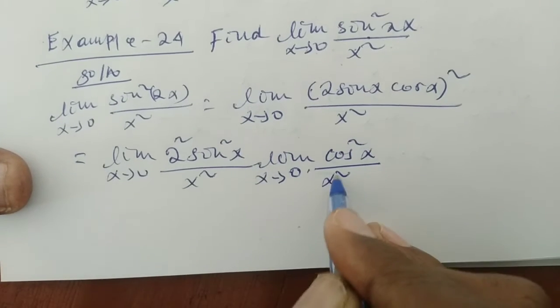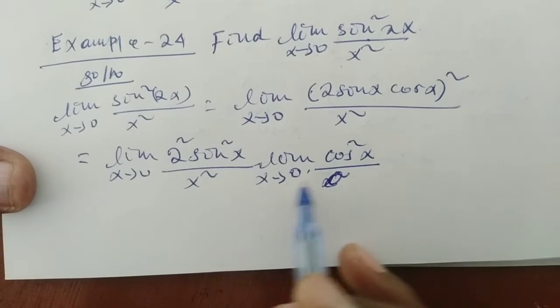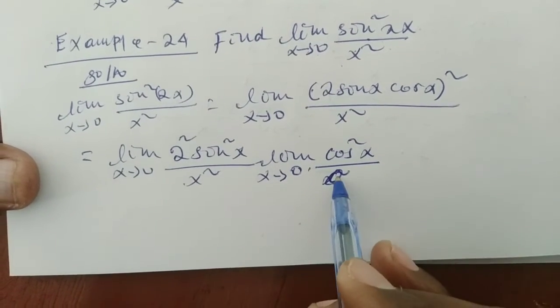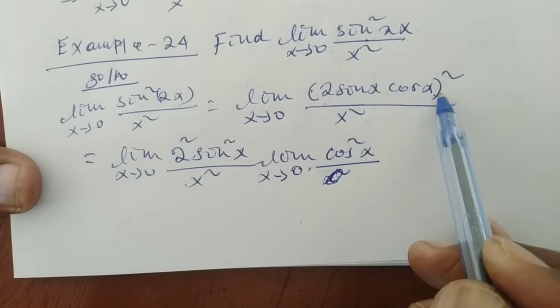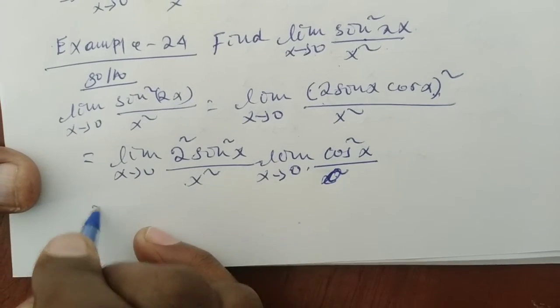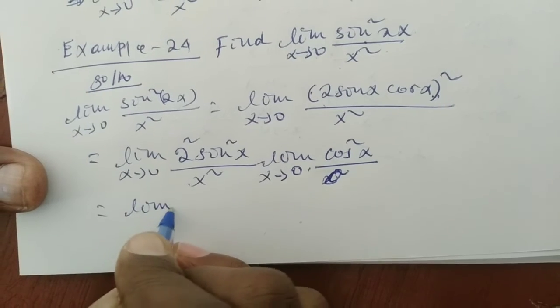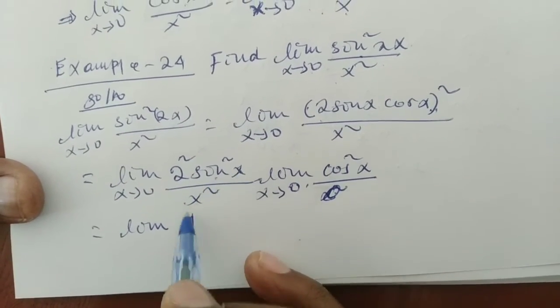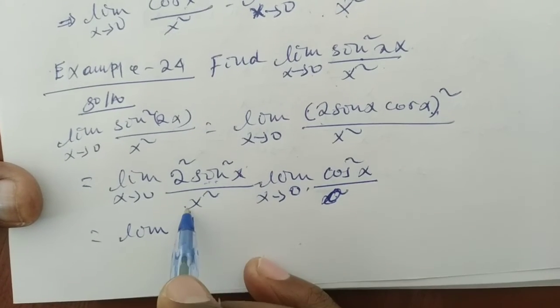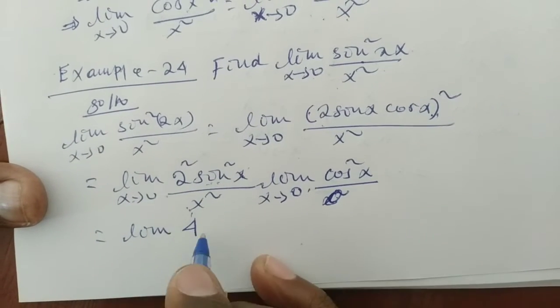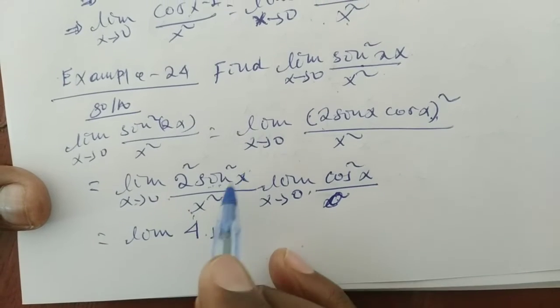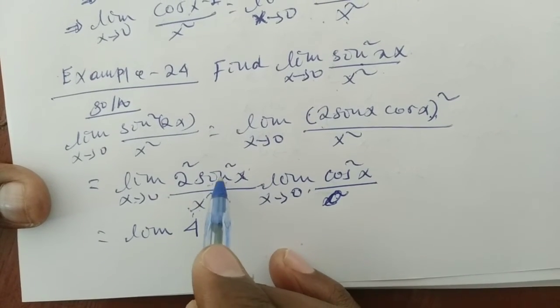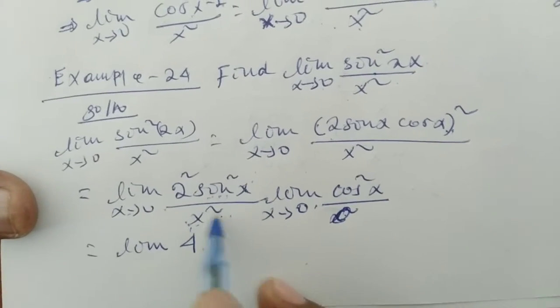when x goes to 0. The x square is separate here, because only this part is squared. So which is equal to the limit of 4 times sin squared of x, which is sin of x times sin of x, over x square. The limit of sin of x over x is 1 when x goes to 0, times again another sin of x over x, the limit of sin of x over x when x goes to 0